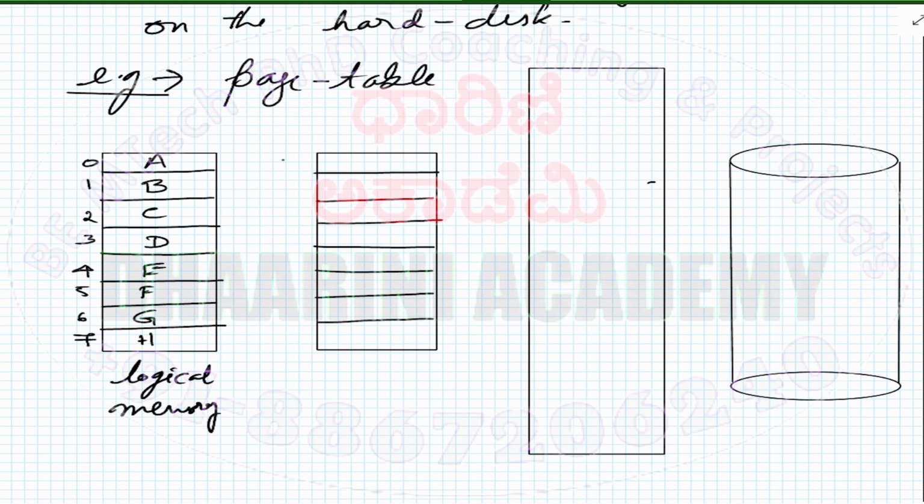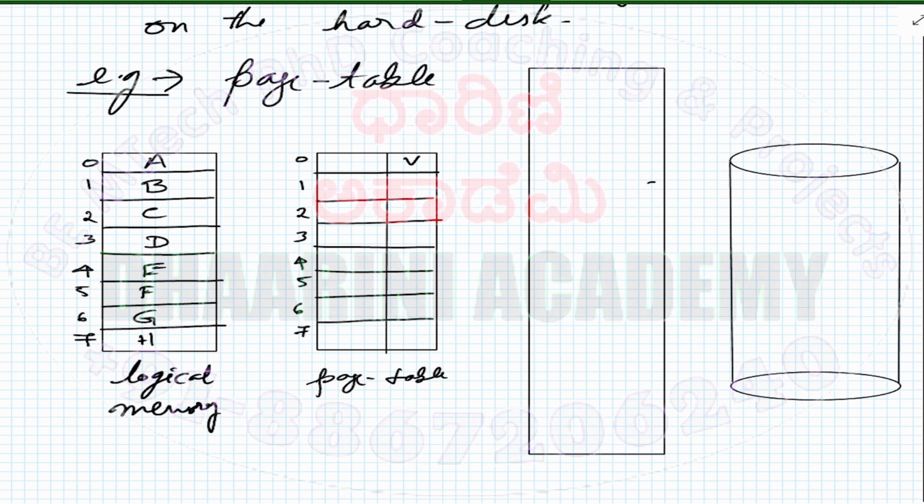Okay, I need another value here, that is the bit associated with valid or invalid. So now this is the page table where I'm writing the valid or invalid bit over here. Let's say this is valid. First let me give the addressing here: 0, 1, 2, 3, 4, 5, 6, 7. So this is called the